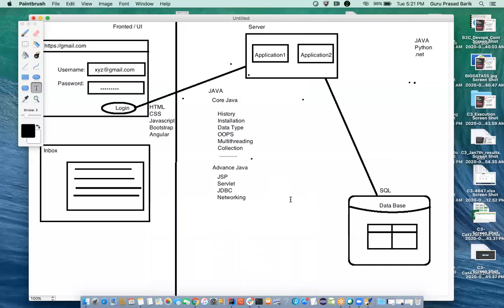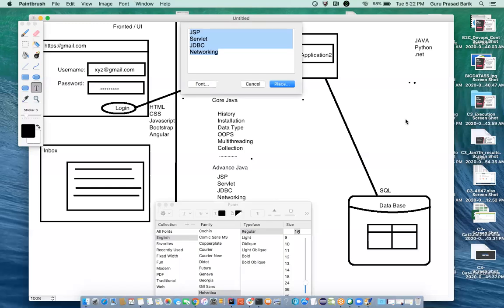Correct. So once you complete core Java and advanced Java, you are now eligible to develop this application, whatever is deployed on this server. But what is the problem in developing this application using core Java and advanced Java? Now you are ready to develop this application, but there is some problem. If you are developing this application using core Java and advanced Java, you may need to write 1,000 lines of code.